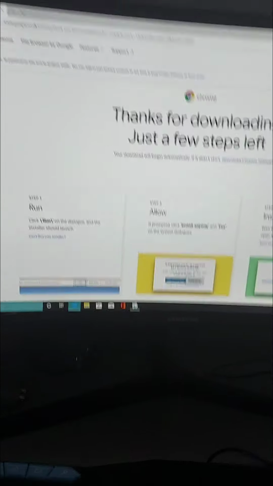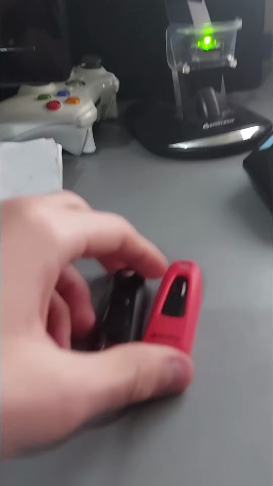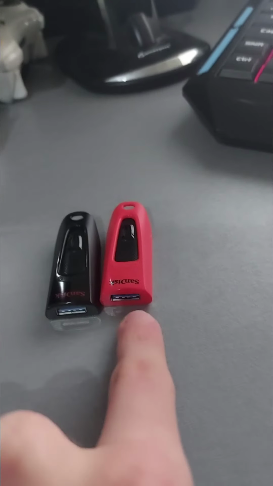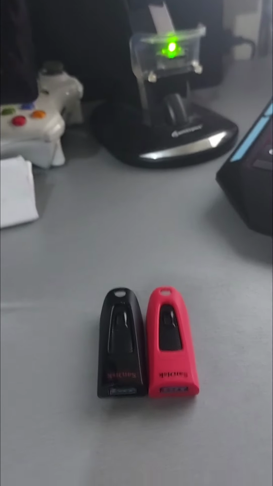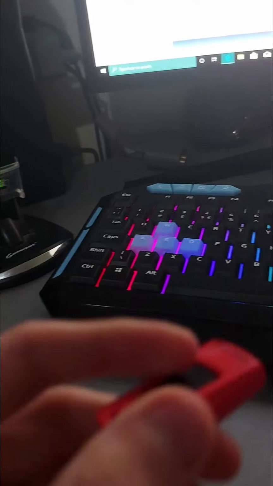But in the meanwhile, I think what I should explain is what to do when you have a similar situation. So, what you want to do is have your... I'm gonna wait, there it is. So, you have two USBs, okay? One is for Ubuntu, which is this one, and the other one's for Windows, which is this one. That's the one I made, you know? So, what you want to do is turn off your PC, put in the Ubuntu one, or whatever Linux distribution you're using. Then, you want to plug this in, turn on your PC, go into the BIOS by smashing delete